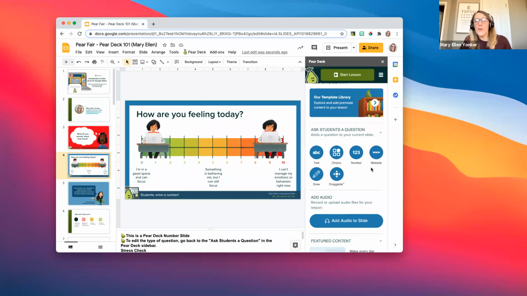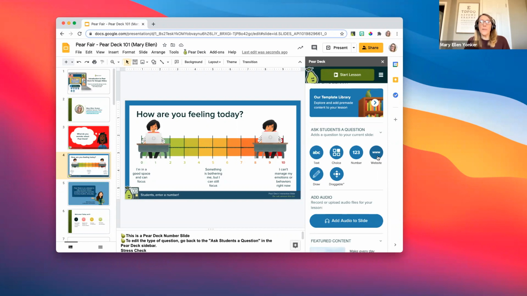And let's go through and look at the rest of our options. Website is a great resource because if you choose website, you'll paste in a URL and your students will be able to engage in that website without leaving your Pear Deck presentation.